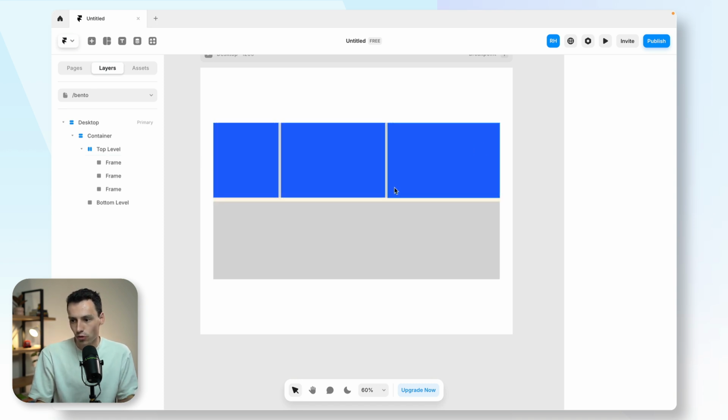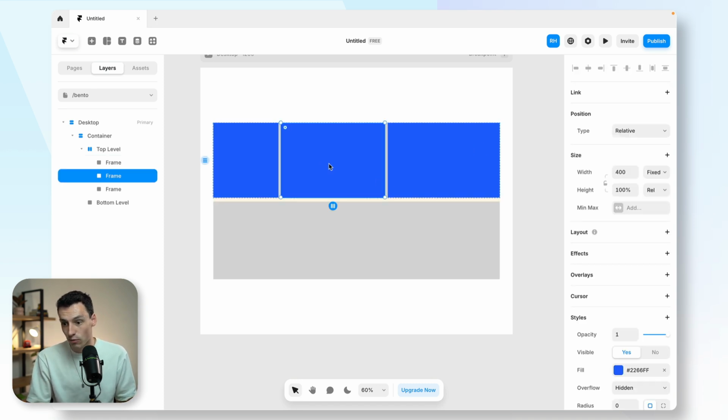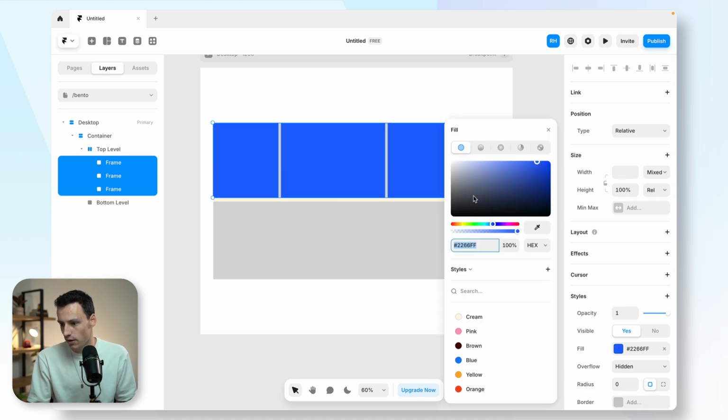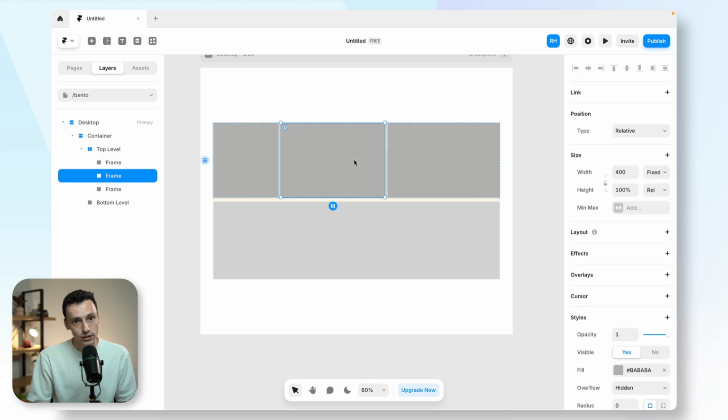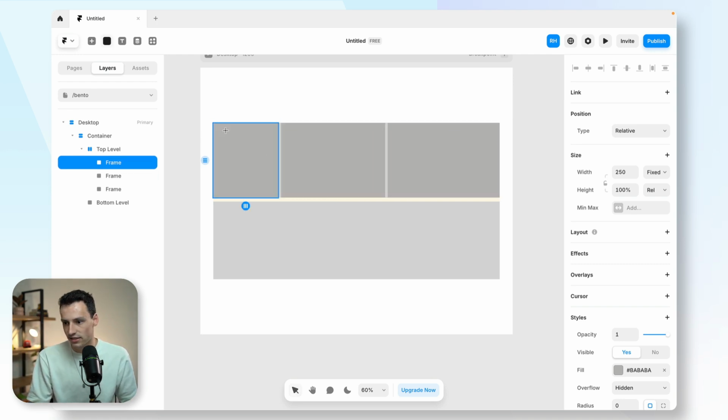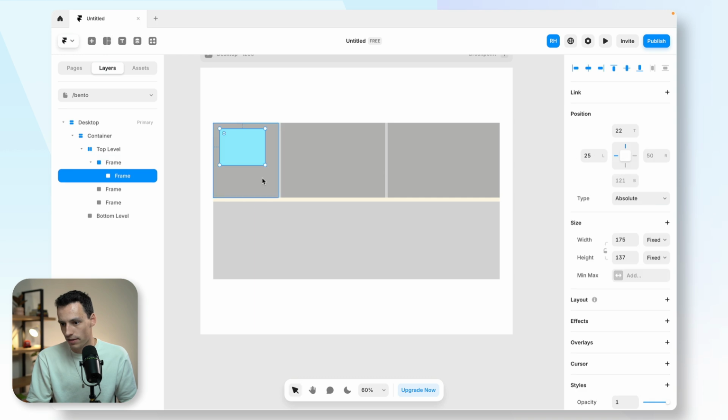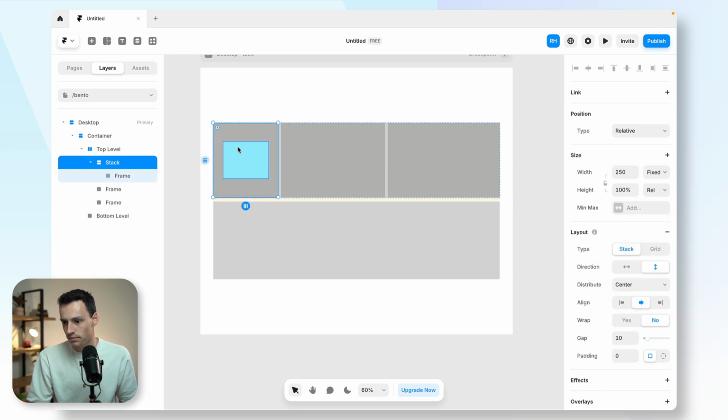Okay, so this is pretty cool, but now we want to create something a little bit more funky within these frames here. So again, I'm actually just going to make this a gray so we can see what's going on. And then in each frame, I could have a separate layout with different frames to create that more bento stacked style. So let's say inside this frame here, I'm going to draw a new frame, and we'll turn layout on,